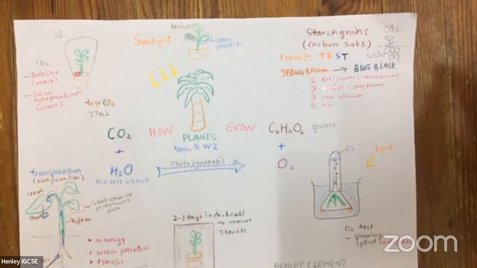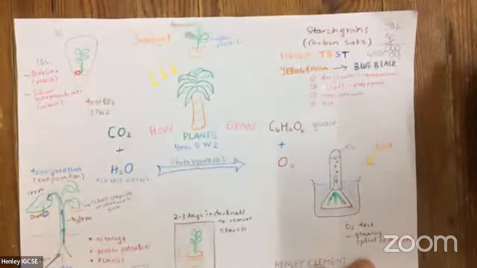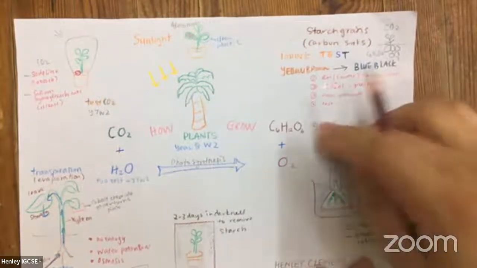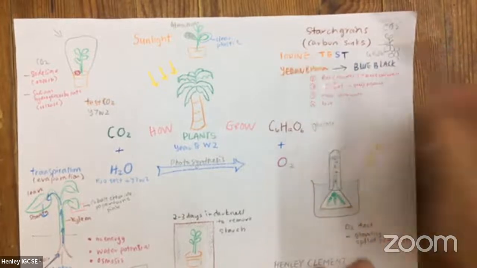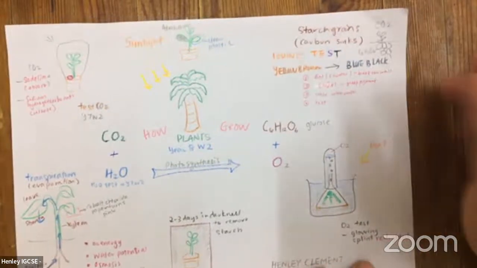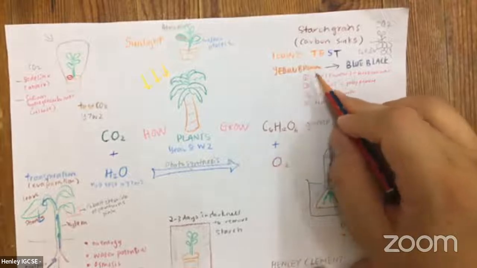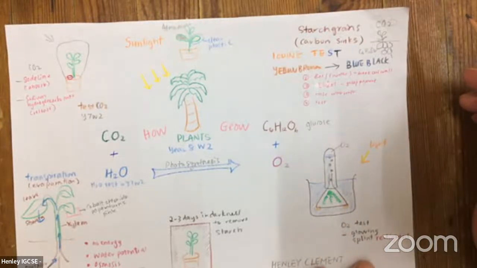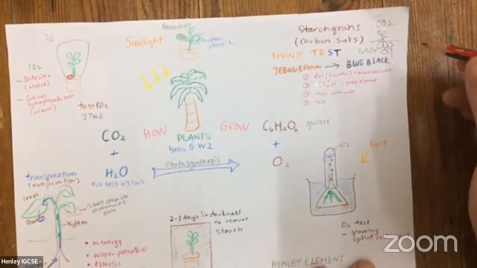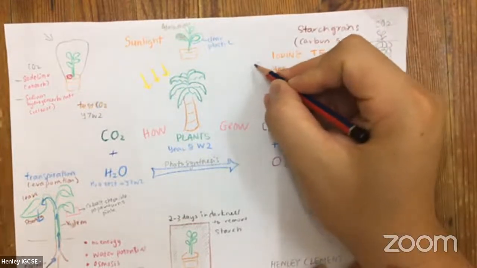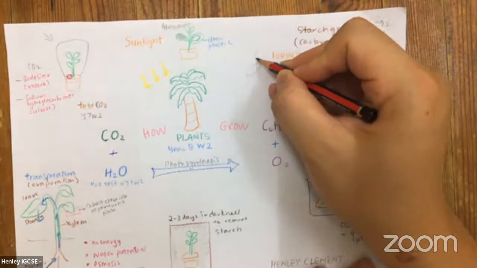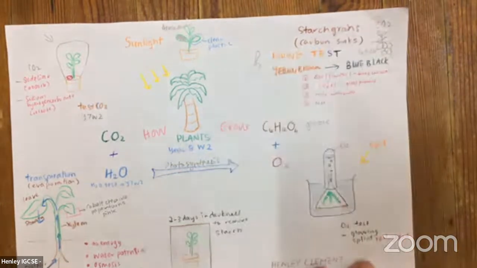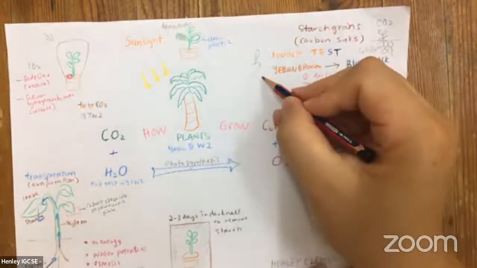To test the starch, not glucose, we need to use the iodine test. Now, iodine will turn from yellow brown to blue black. However, if this is a potato slice, you can test it directly. If this is a leaf,